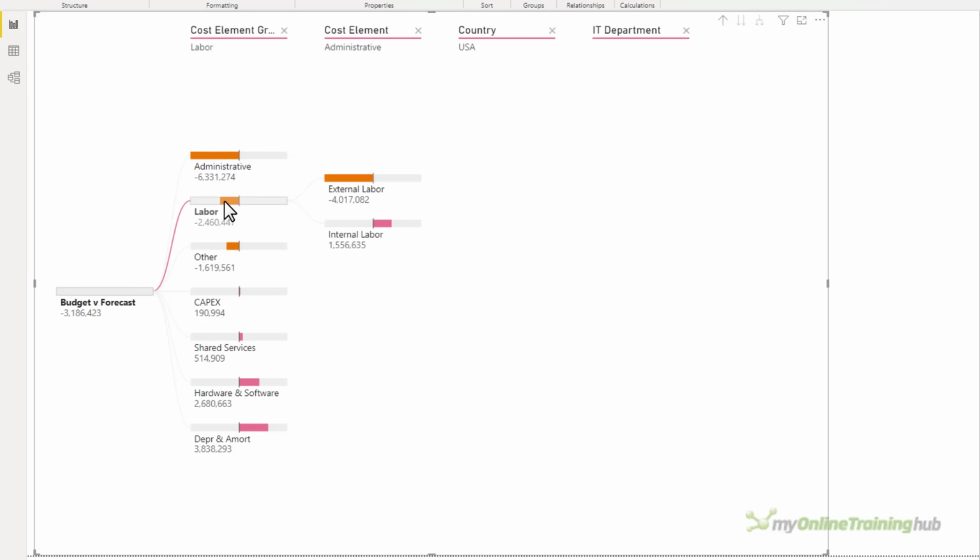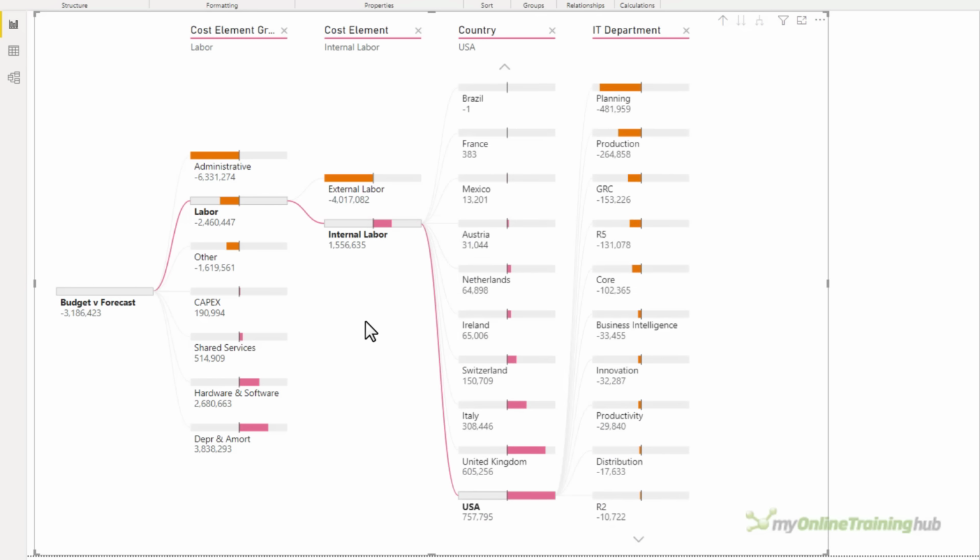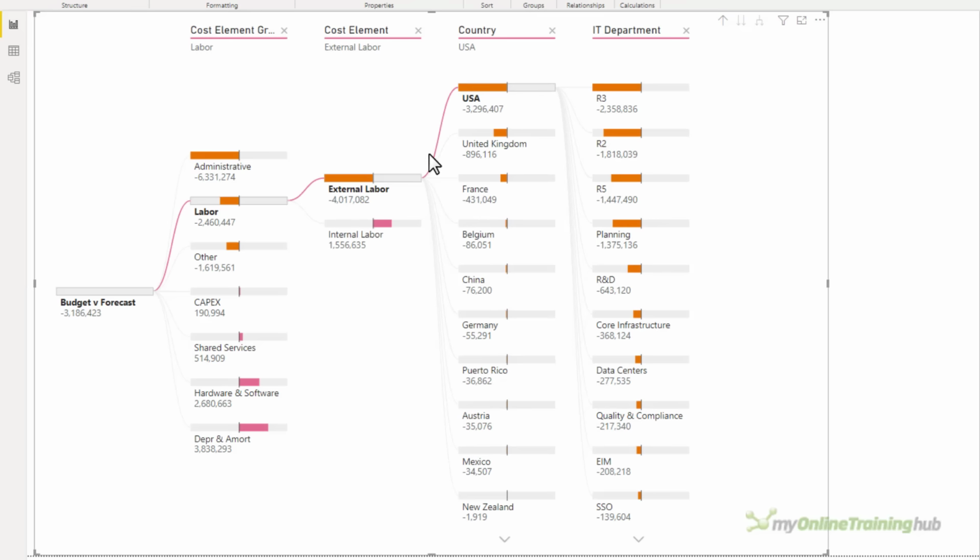So again, I can choose labor, and this time I can say, well, there's a positive variance in internal labor, let's have a look at that. You can see USA is contributing to the positive variance for internal labor, but it's also contributing to the negative variance for external labor. So as you can see, the decomposition tree is an amazing tool for understanding contributing factors